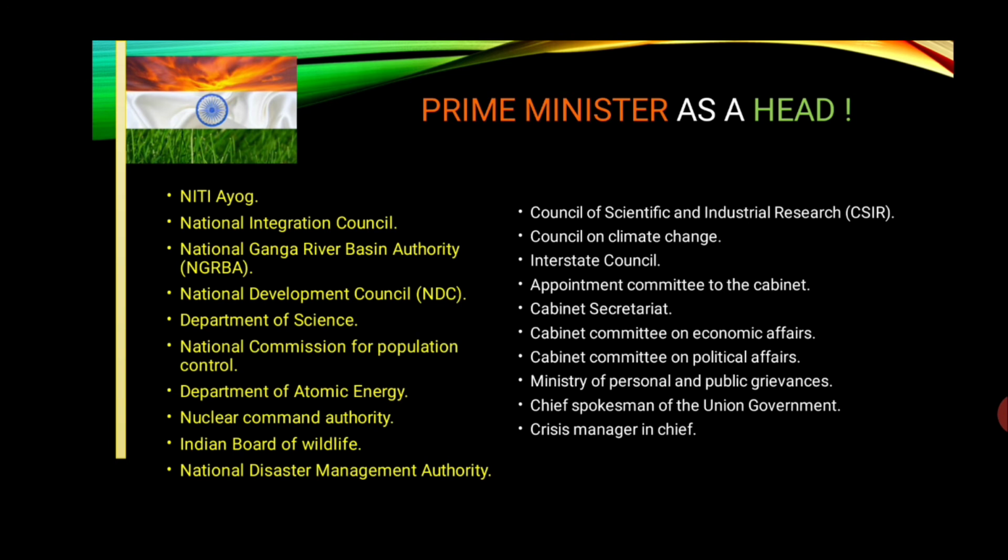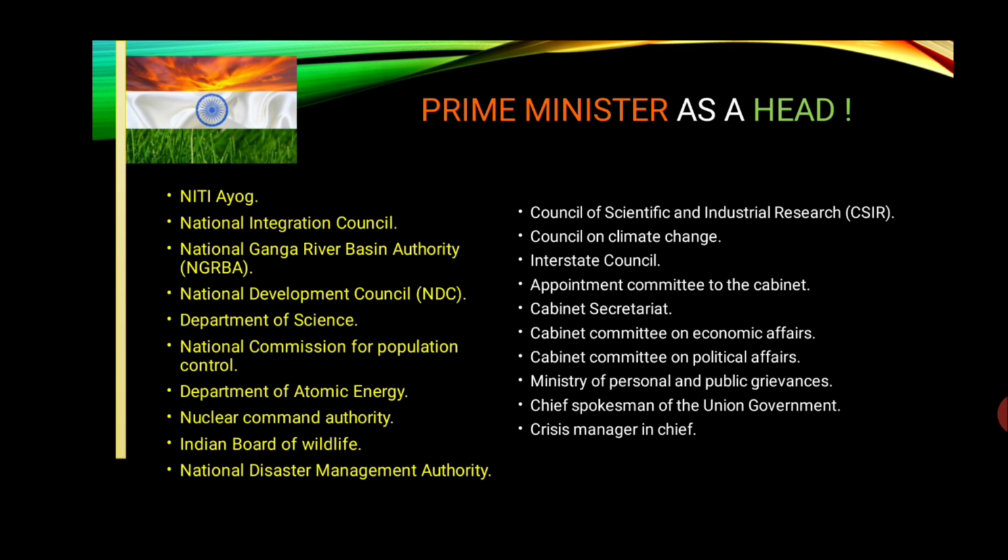Then let's look into the important positions the Prime Minister of India enjoys. He is the head of almost all key authorities: Niti Aayog, National Integration Council, National Ganga River Basin Authority, National Development Council, Department of Science, National Commission for Population Control, Department of Atomic Energy, Nuclear Command Authority, Indian Board of Wildlife, National Disaster Management Authority, Council of Scientific and Industrial Research (CSIR), Council on Climate Change, Interstate Council, Appointments Committee of the Cabinet,